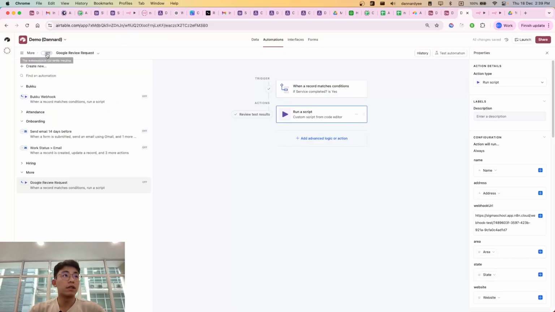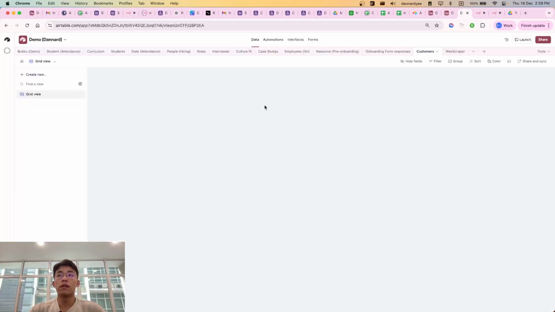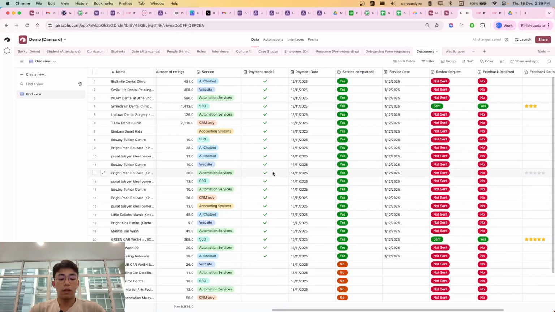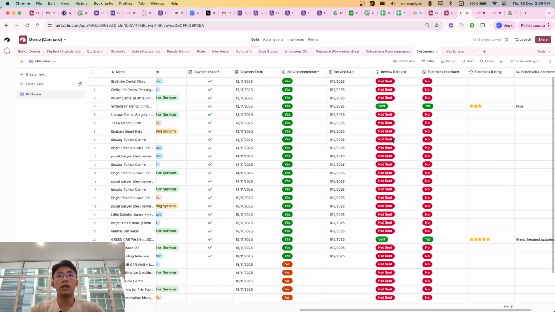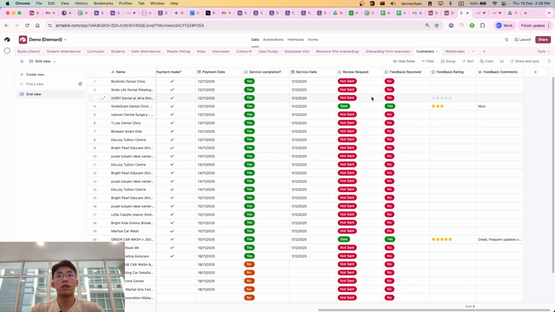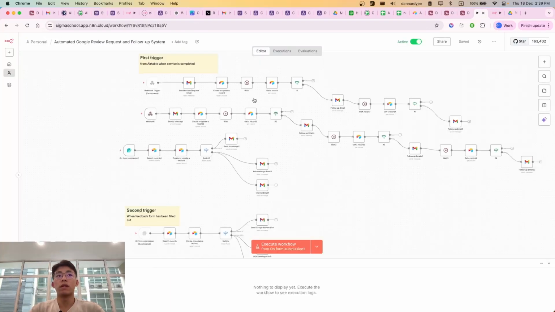Right, so now let's just turn the automation on in Airtable, and we can test our automation. So let's go to data. Okay, so I'll need to change this email into a unique email. In this case, it's my own email. So we can just head over to review requests, change it to sent, and this automation should